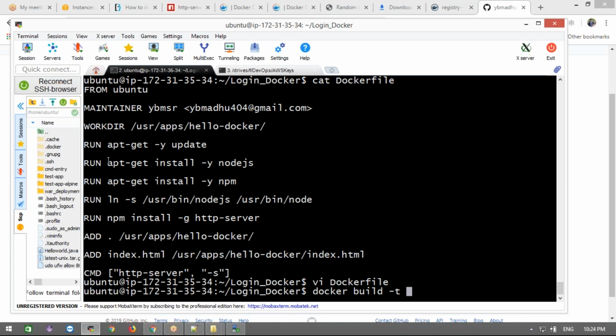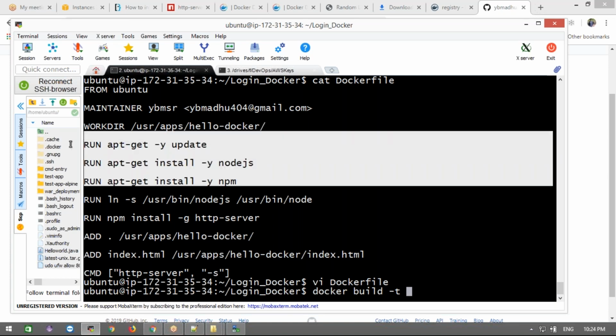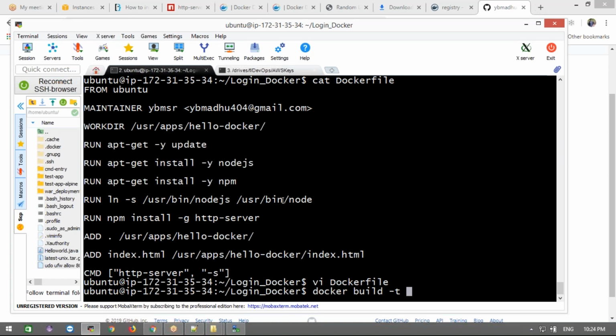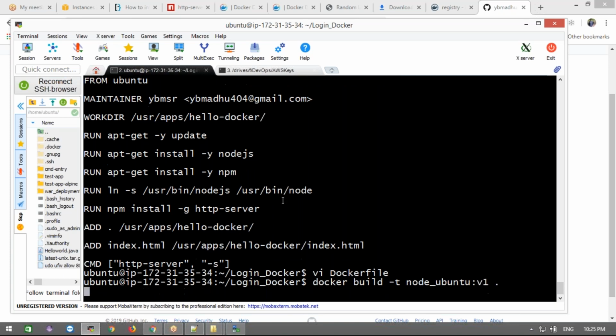Same code as earlier, I'm going to use apk add nodejs npm on Alpine. Now here I'm going to use the same kind of thing, using Ubuntu. What is the difference if I use Ubuntu or Alpine Linux? Even though we did it many times, I'm still going to show it with this example. Then I'm going to give this the tag node Ubuntu v1, done.